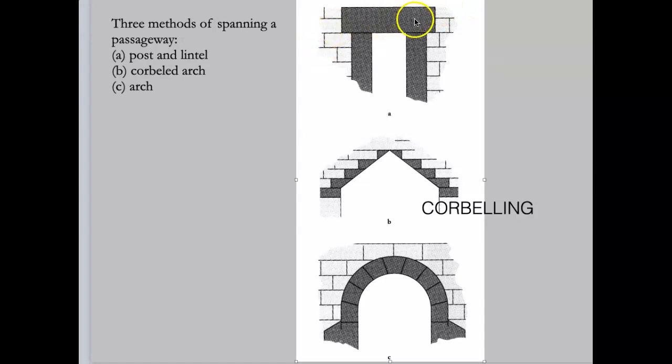So the first system is called post and lintel, right? Post and lintel systems are very simple, and we saw them, say, in a place called Stonehenge. We saw them also in all the temples in Egypt. So you put 2 things, 2 vertical elements and something across the top, and you create an opening. If you put 100 of these all in a row, you create a space with a flat roof.